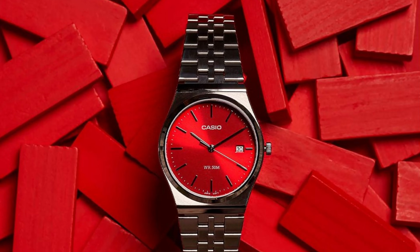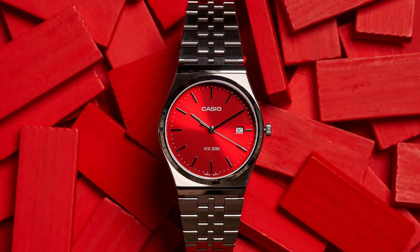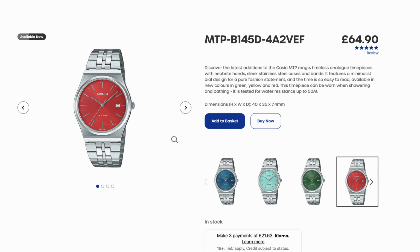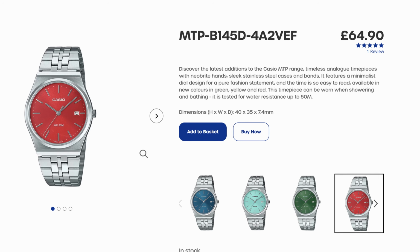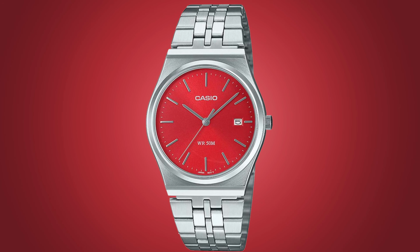If you want people to turn and look when you fall into a room, then you need to get a bit of ruby redness on your wrist. So let's start with a bit of a bargain and a real Bobby Dazzler from Casio's MTP collection, specifically the Casio MTP-B145D-4A2VEF. So easily searchable, and in a sleek stainless steel case, and you better believe that bracelet is integrated, but